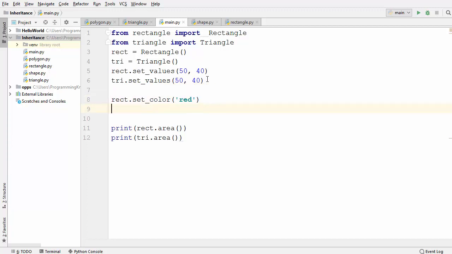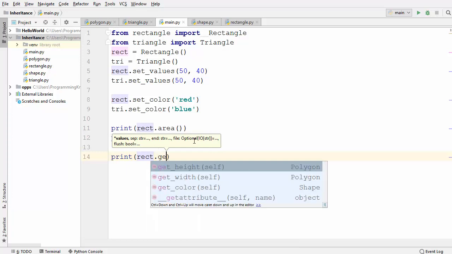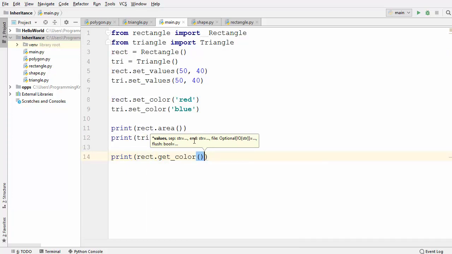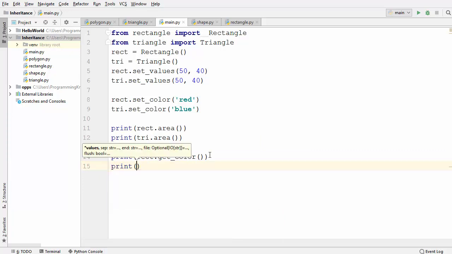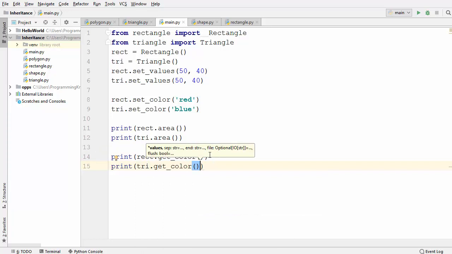Then I'm going to use the triangle object to call the set color method once again, and the color I want to provide here is, let's say, blue. In order to get those two color values, we can once again write print, the instance name, which is rectangle dot get color, and the same for the triangle object. So print triangle dot get color, and that's it.